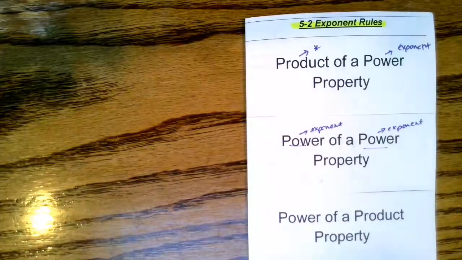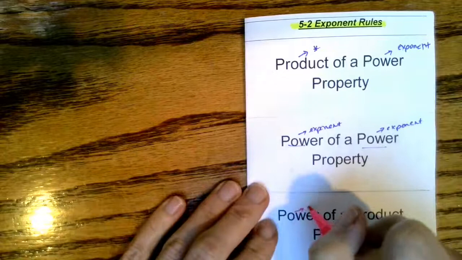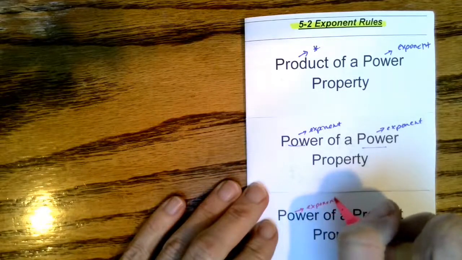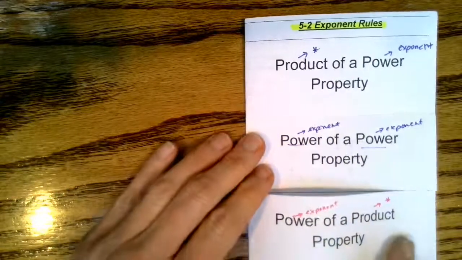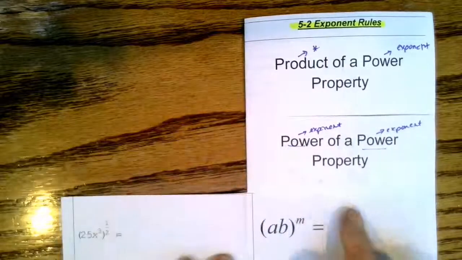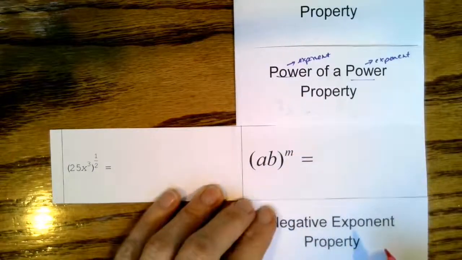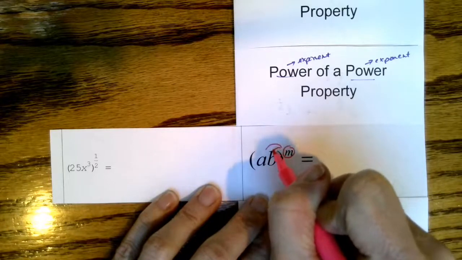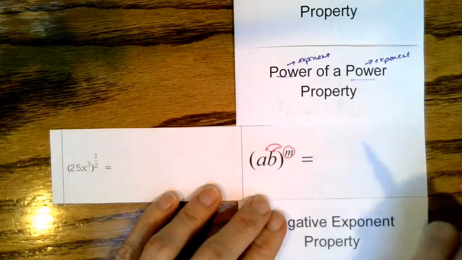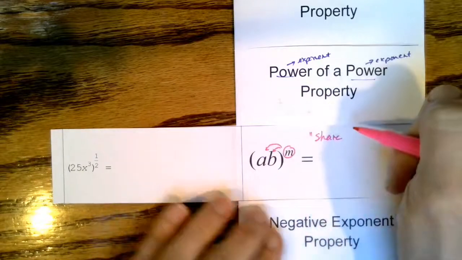All right, when we talk about the power of a product property, now we're talking about power, which means we have some kind of exponent, and then of a product, so there's going to be some kind of multiplication inside of that. So here is my product, a times b, and my power, m, is to that power. Now, this feels like the distributive property, but we don't say distribute because that's when it's a plus b. But instead, we're going to tell you to share the power